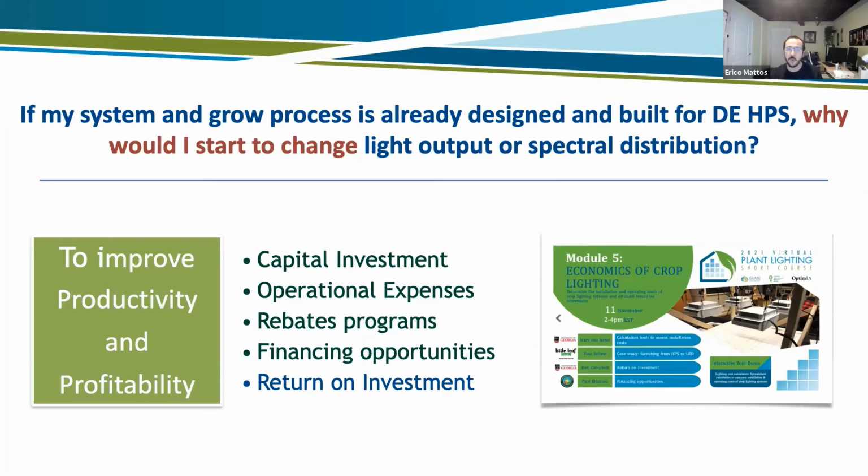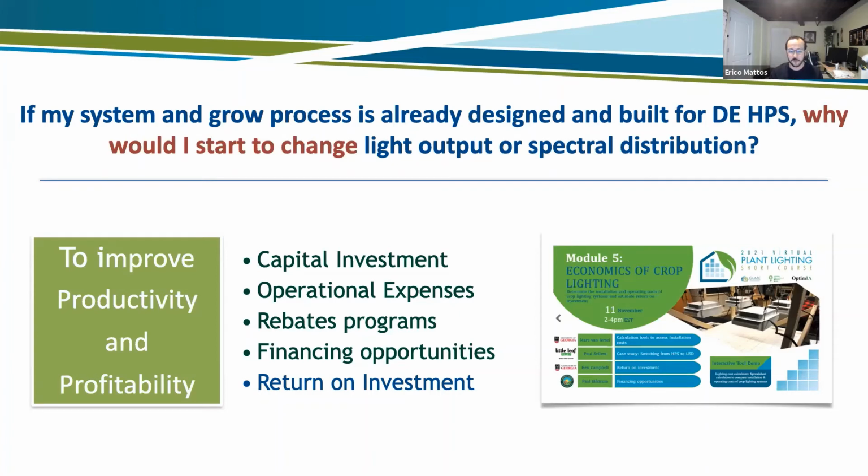So a few quick points here. Considerations before you make the change, right? We understand there are restrictions, otherwise everybody would do it, because it's expensive. So take a look at the capital investment, understand what the capital investment would be to make a replacement, or if you're installing or expanding, going with a better technology for your next build. Once you know the capital investment, what are the operational expenses? So you start to understand how much you can save on a monthly basis, depending on your technology, the size, your crop, and so on.